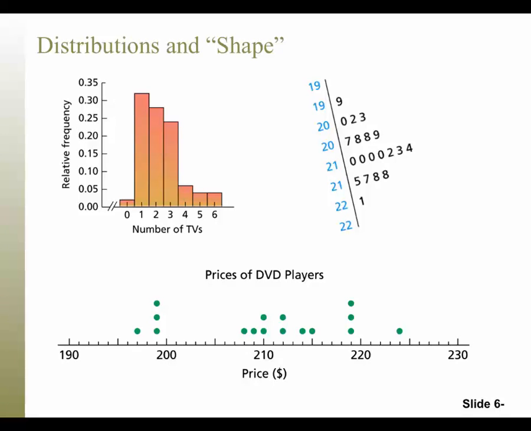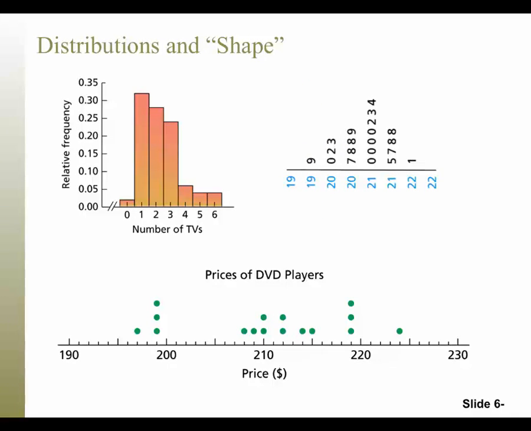And then this stem and leaf plot is just vertical. So if we turn it on its side, it's the same thing. So what we get is a distribution of the data, right? We get a distribution of where most of the data is occurring and where not as much data is occurring. And that's the idea of frequency. And so then we take the tops of those, we're stacking up the data, right? Or we're measuring frequency. And so if we take the top and draw a curve through it like this,